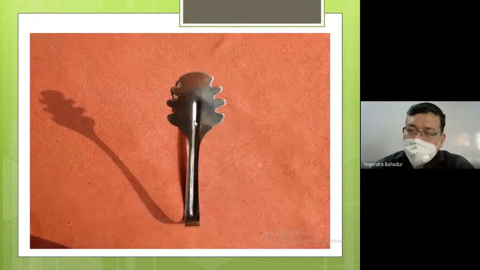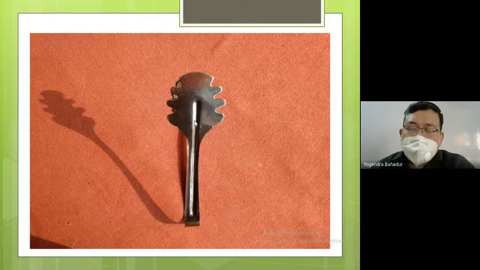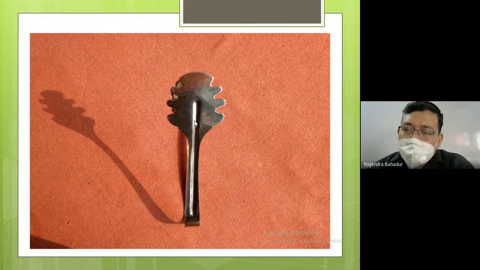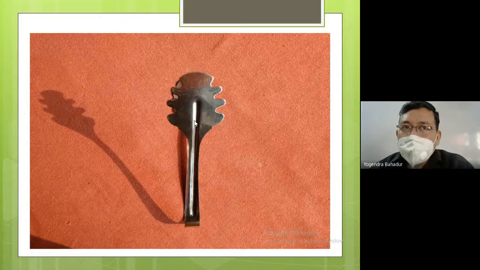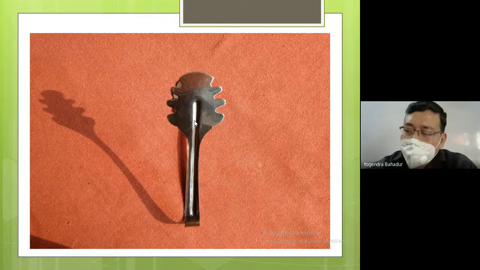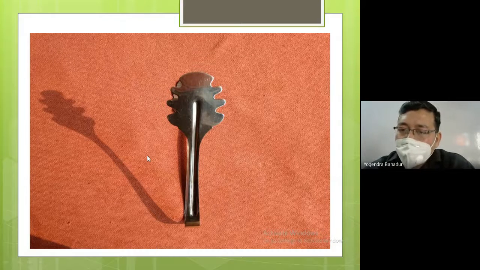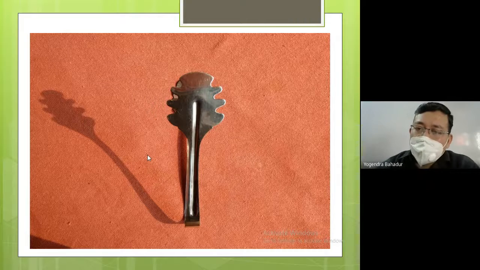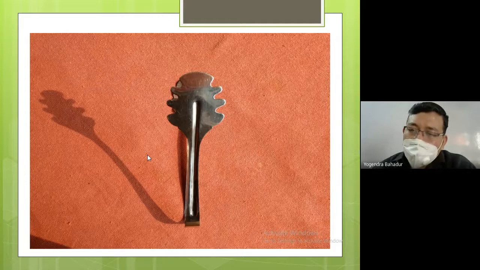As you can see by its shape, it is known as the pastry tong. Generally in French, pastry is known as gâteau, G-A-T-E-A-U-X. So it is also called the gâteau tong. Any kind of cake or pastry can be served using this particular type of tong. Now I am going to show you the side view of this tong also.